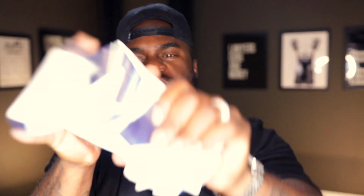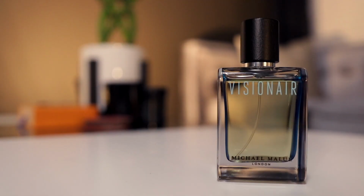Now let's start things off with the presentation. Visionair is one of 12 men's fragrances within their collection, and the box looks like... listen, man, that's what the box did look like. Here's the presentation for it, though. The bottle is pretty simplistic. You can see through it. It says Vision Air. It has a company name down below, but let's get to this distribution. All right, man, good atomizer on this thing here, and